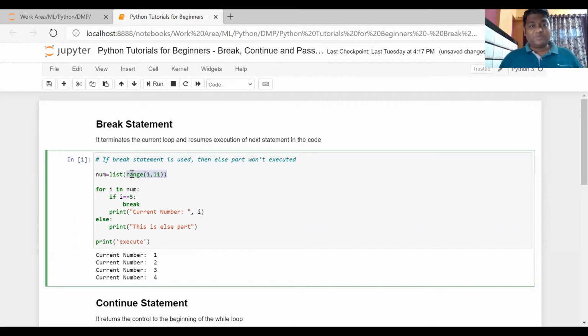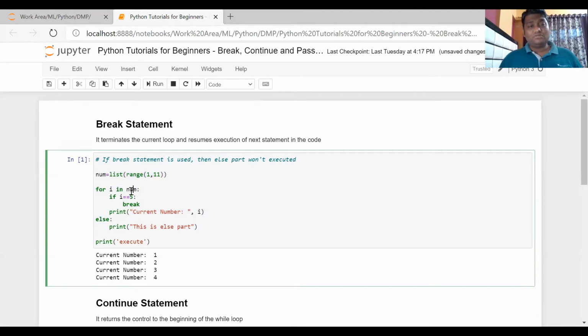So I'm trying to print a list here from 1 till 10. So 1, 2, 3, 4 and up to 10 value. It will give you a list of values because here I have used a range function and I have given a start length as 1 and end length as 11. So it will print up to 10 value, right? So in short, num variable will hold a list of values from 1 till 10. So I'm using a for loop here in order to demonstrate that.